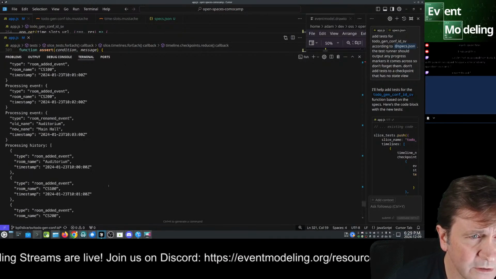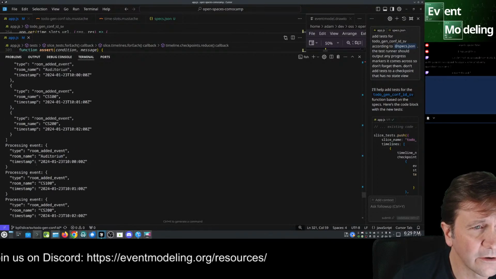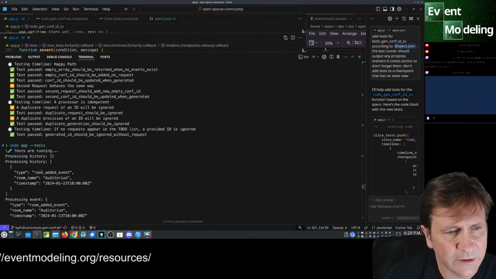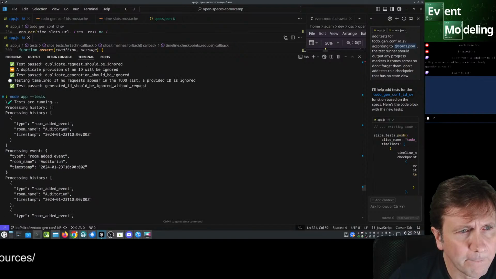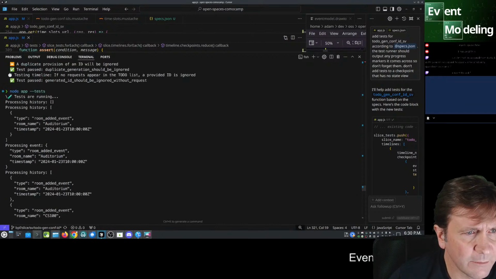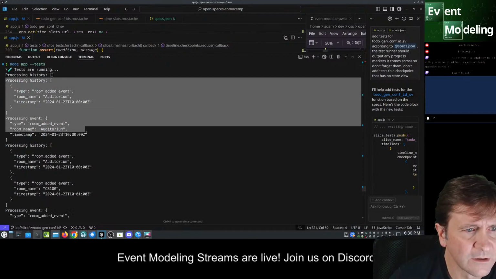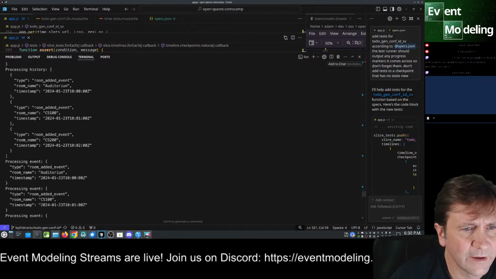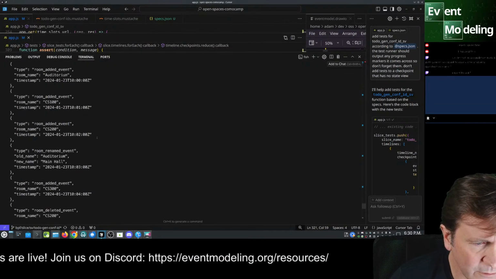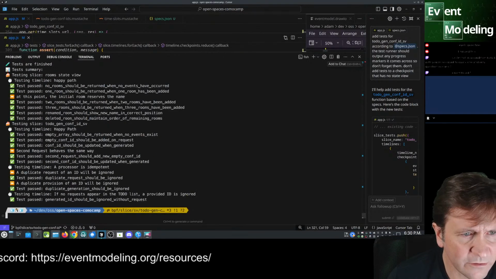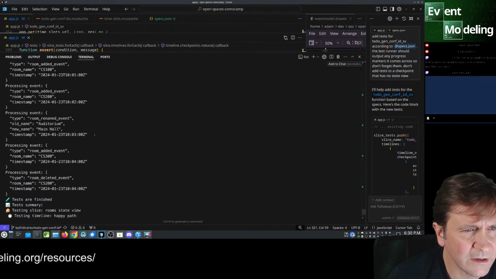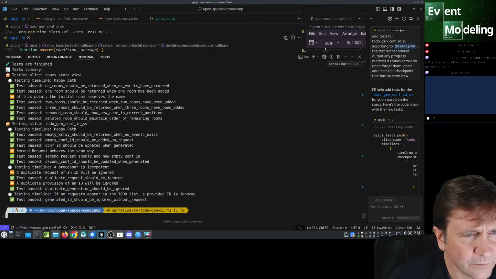It shows all of the setups in here. So it does barf out all the things that we need. I think we need more description on what is actually happening here. Tests are running. Processing history, nothing. Processing history, this. All right, so we have this verbose output, which is quite a lot. I think that might be just turned off and on. But wait a second. 1, 2, 3, 4, 5, 6 tests.